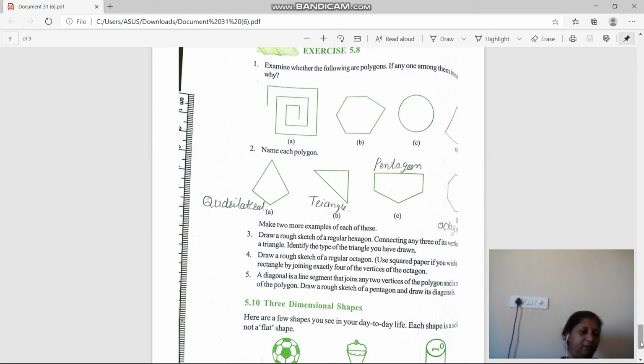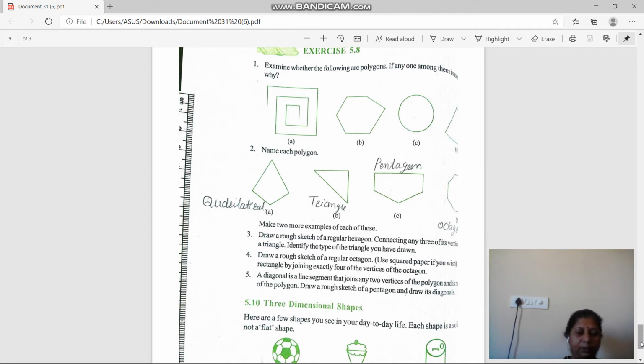So see here, we have studied plane figures. Now we will study three-dimensional figures. Ball, cone, cylinder, box, dice, pyramids, these are figures which are three-dimensional. Now we will see their parts. Okay. So see page number 109. What we have to study in three-dimensional figures is what are faces, what are edges, and what are vertices. So one by one we study here.